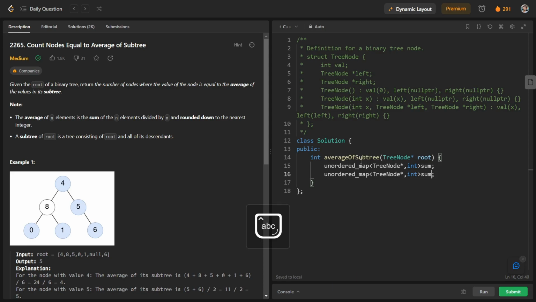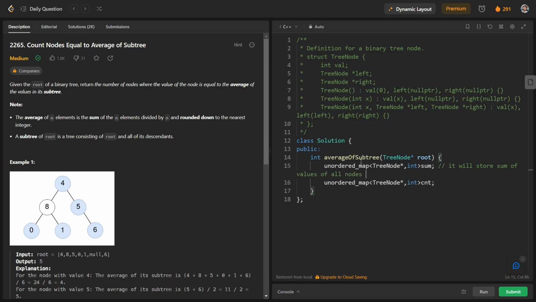So sum and count: one will store the sum of values of all nodes in the subtree and the other will store the total number of nodes present in the subtree.